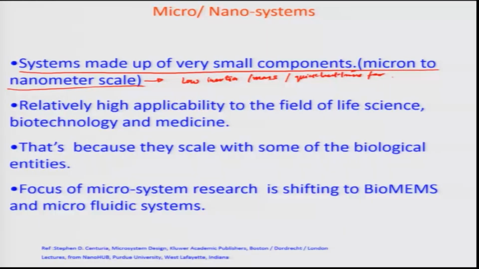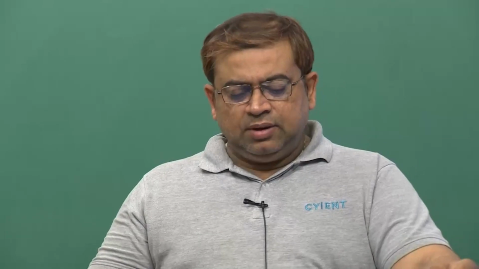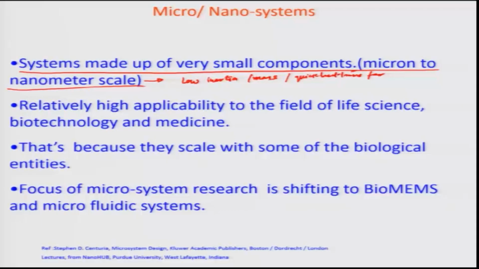For example, if fluids are made to pass through small orifices and capillaries, typically the flow regime is laminar, and therefore some very peculiar behavior comes up at such small dimensions. So micro and nano systems have found tremendous utility because of all these different properties they have